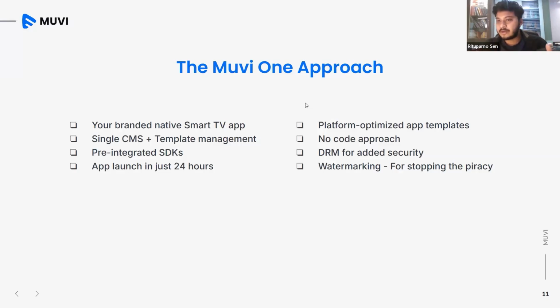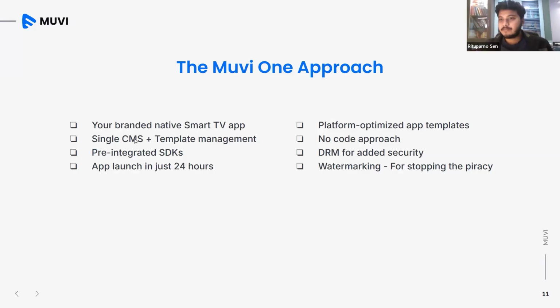What we deliver, we are going to deliver at a much better quality. It's not just a web wrapper. We have to create the proper OS app. So at Movie One, for our customers, we are going to build the branded native smart TV app. This is our core philosophy always.